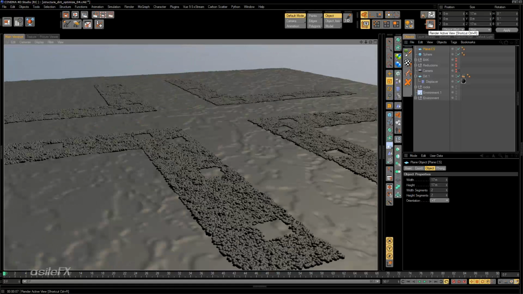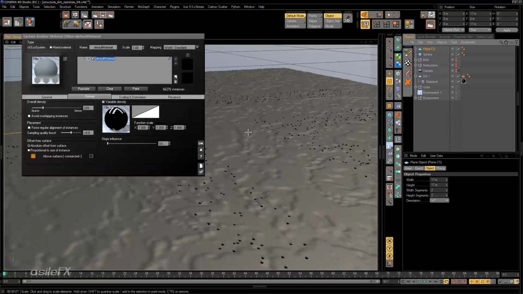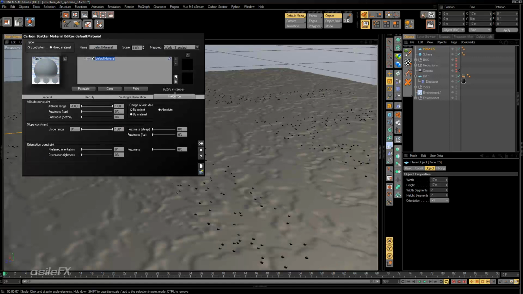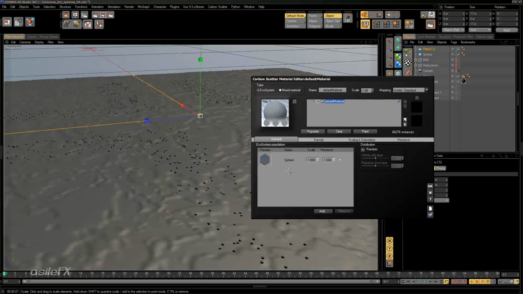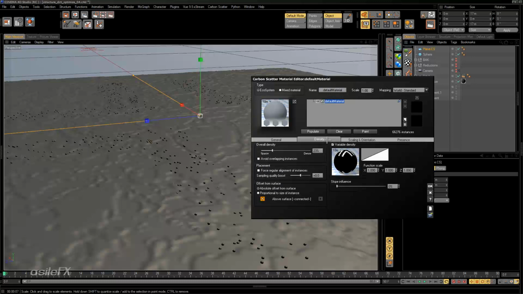So now if we wanted to also control the slope distribution, because we're populating on a flat plane, the presence options, or all the options under presence, with the exception to orientation, and even that might be a little off, aren't really going to help you because we're on a flat object. We have to use the images in order to control these settings. So if we want to control, let's say we only want to have the rocks or the objects created on the steeper slopes, what we can do is mix together with the density